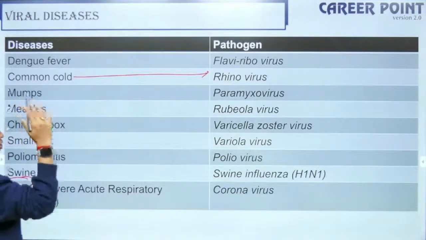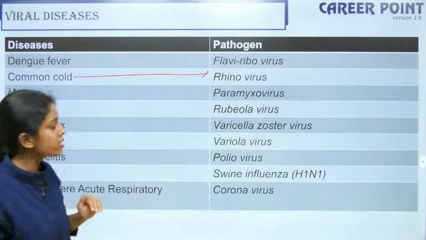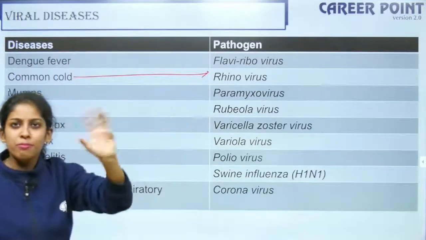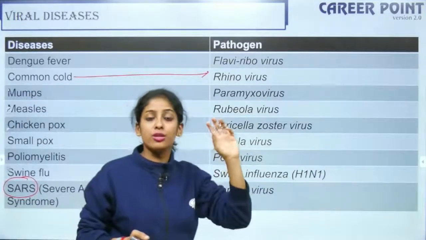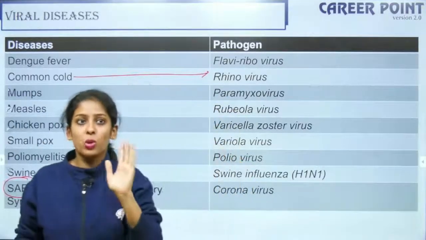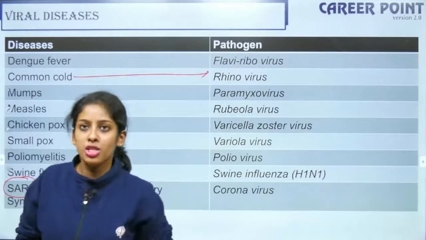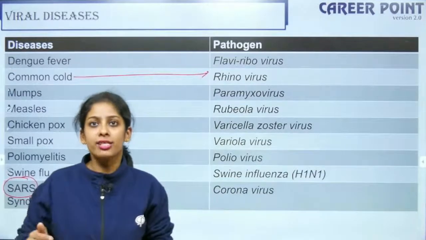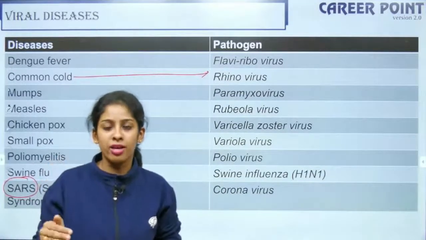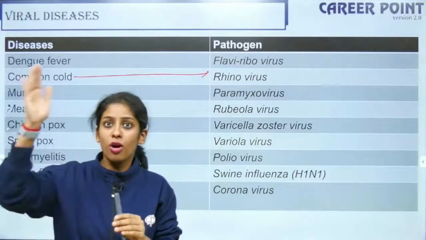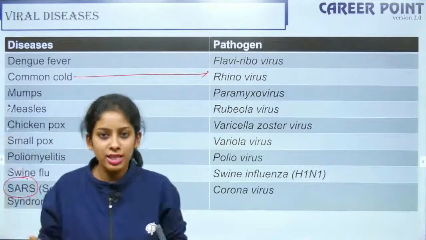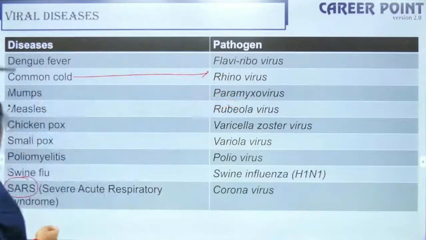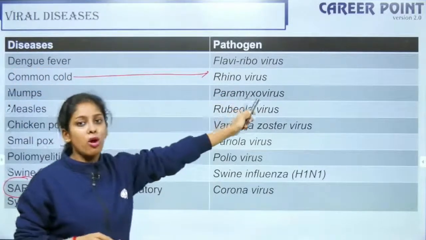But apart from that, we again have a shoal of diseases. So you have dengue fever, caused by a flavivirus. There's a myth. When I say dengue, students say it is caused by mosquito. Guys, mosquito is a vector. There's a difference between a causative agent and a vector. For example, when you see a movie and someone goes and hits the hero, it does not mean he's the enemy. The enemy is the fellow whose boss is sitting elsewhere, right? It is something like that, okay? So dengue fever is caused by a flavivirus. Then you have the mumps, that is the paramyxovirus.